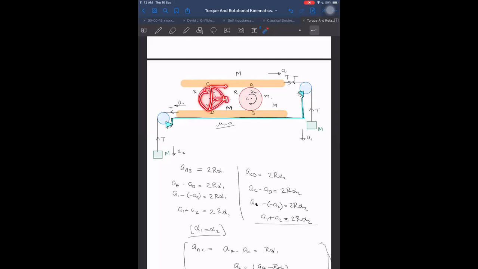And the pseudo force also we have to take because this is having acceleration backwards. So there will be a pseudo force forward, M into A2. M into A2 will be forward. So I think we can get it from there. And here it will be M into, again, A1 will be the same as A2. Their accelerations are the same. Then F also will be the same. But we are able to prove that FC equals FA. Then FC will be equal to FA because their angular accelerations are the same.